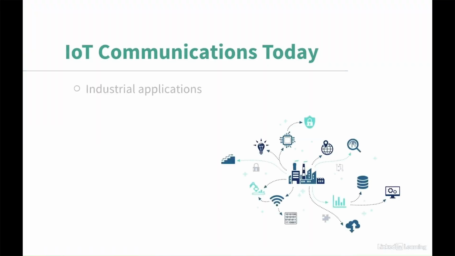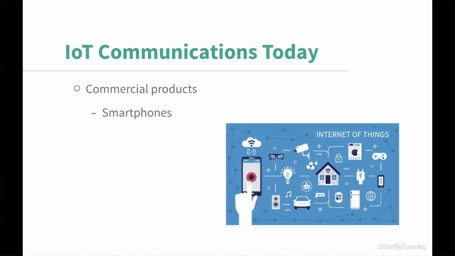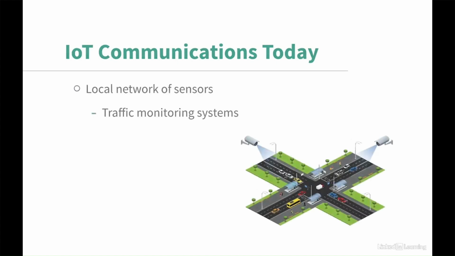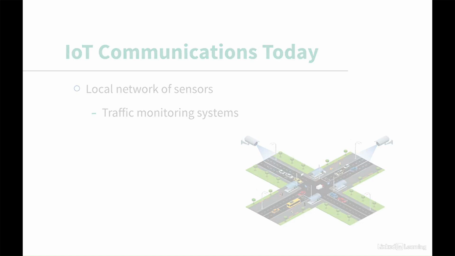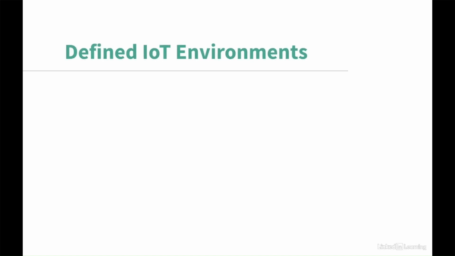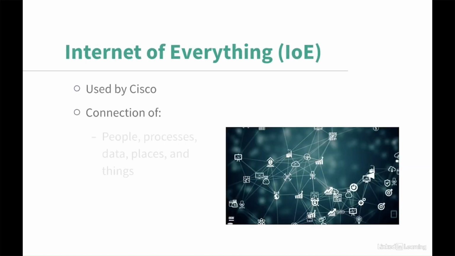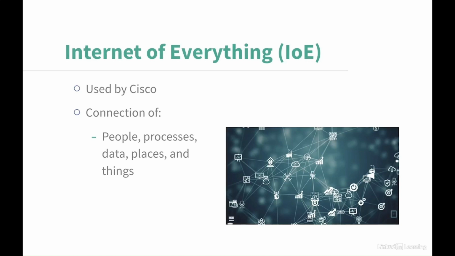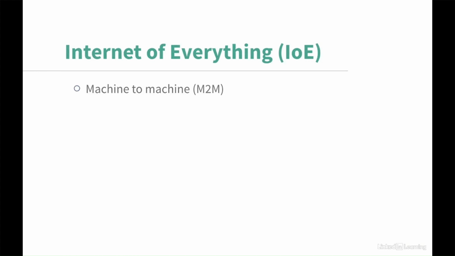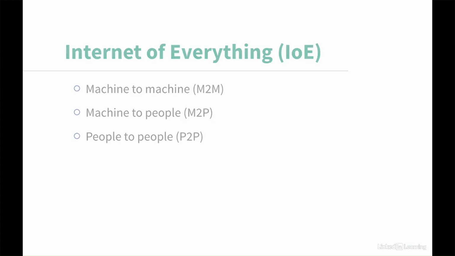This can include large-scale industrial applications like SCADA systems, commercial products like smartphones, or local networks of sensors like traffic monitoring systems. There are two common term definitions used to represent the concepts regarding IoT environments: Internet of Everything and Industrial IoT. Internet of Everything is used by Cisco to refer to the intelligent connection of people, processes, data, and things. That includes machine-to-machine communication, machine-to-people, and technology-assisted people-to-people interaction. Industrial IoT